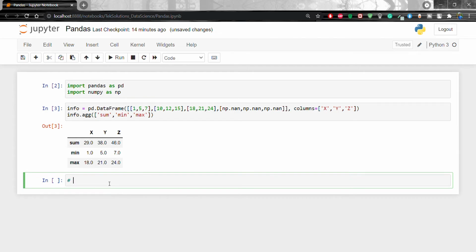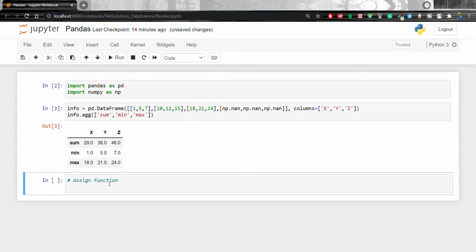The next one will be the assign function. So what will the assign function or method do? The assign method is responsible for adding a new column into a data frame.